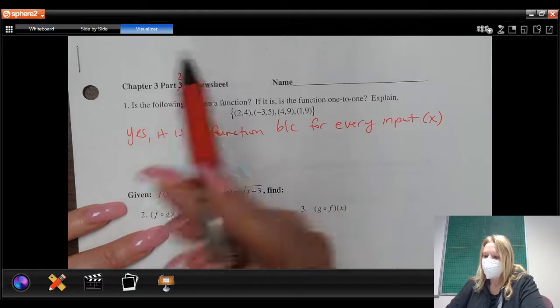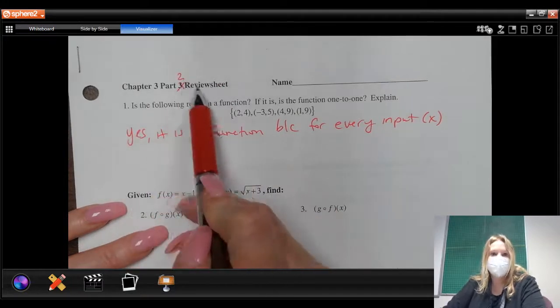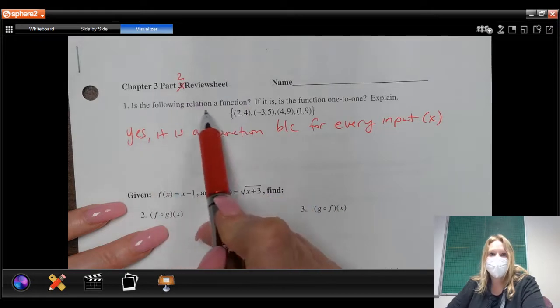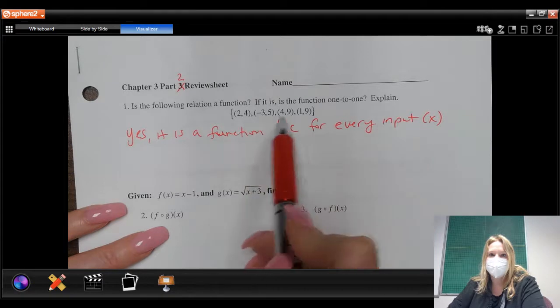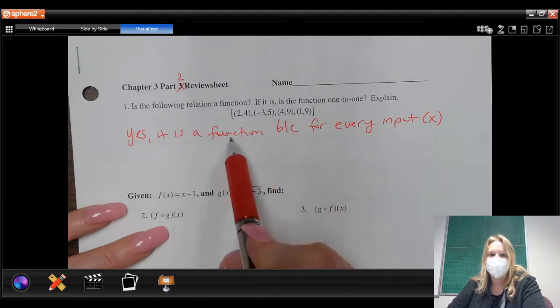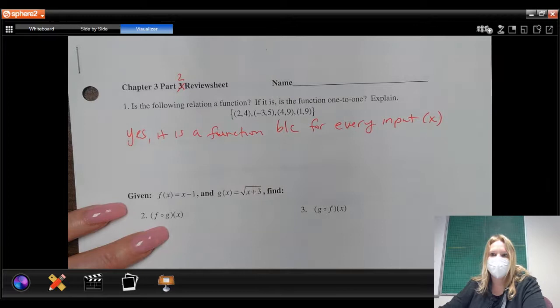Okay, so this is chapter 3, part 2 review sheet. Is the following relation a function? If it is, is the function one-to-one? Explain. So we're going to say yes, it's a function because for every input x,